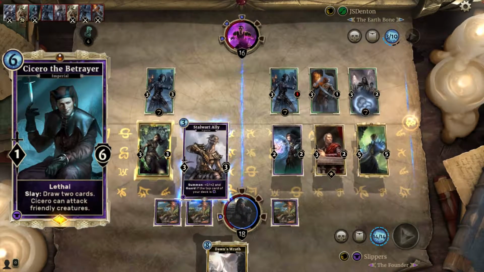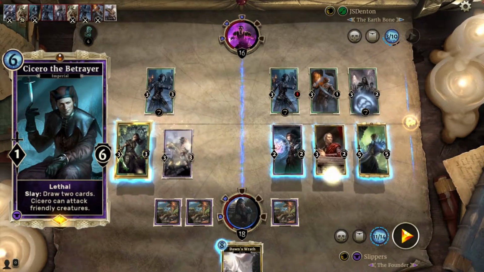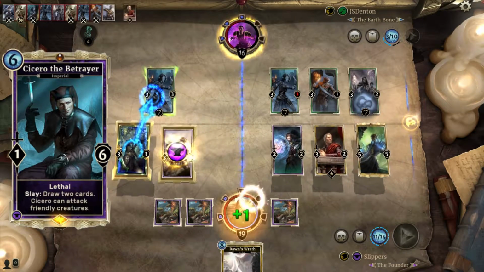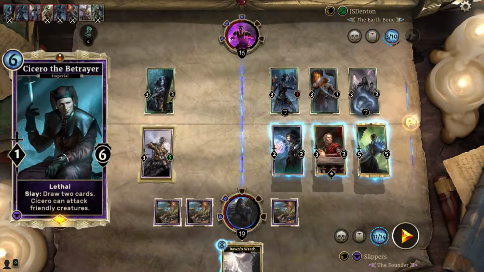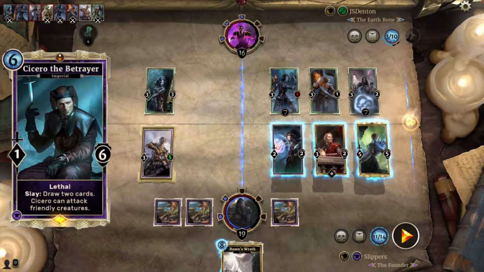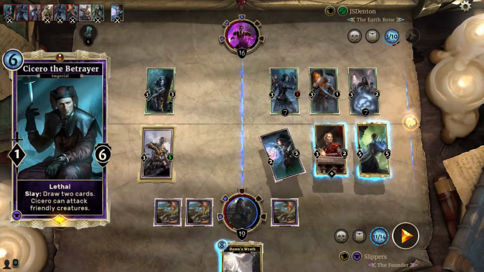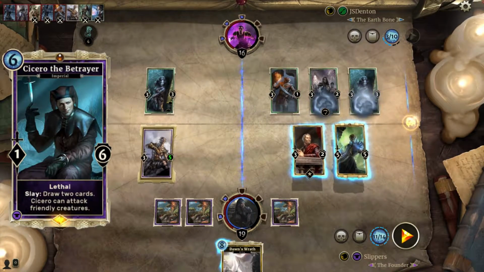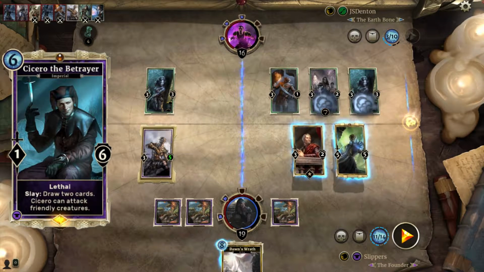Drawing 2 cards is a powerful effect. You need only look at Triumphant Jarl to see how powerful that kind of effect is. And with Slay, Cicero can theoretically accomplish this draw 2 cards effect multiple times. But is it actually good? That's the question. So my example against Control Mage, it's not a great one because Control Mage, if decks using